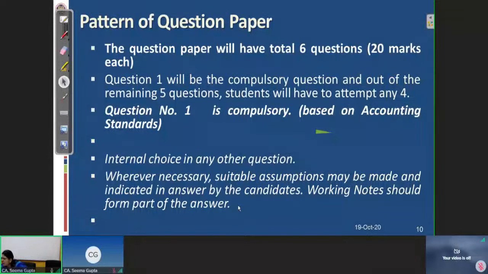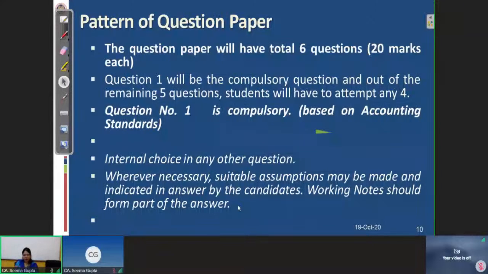Daksh, you have asked us about the topic of accounting standards and how to score more marks. Nikita, you have also asked us. Yash Arora is asking about the department question problem. We will discuss Yash later. If we are able to discuss that particular problem, we will definitely discuss it.